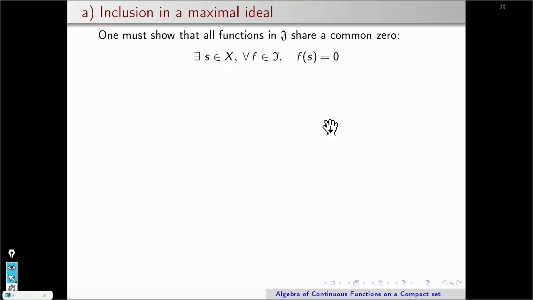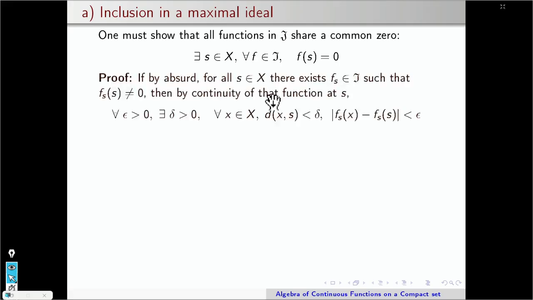So first question, let I be a proper ideal. We need to show that it is included in an ideal of the form I_s. It means there exists a point such that every function in the ideal vanishes at this point. If, by absurd, it is not the case, if for any s you can find a function in the ideal that does not vanish at this point, then by continuity of this function f_s, there exists a neighborhood of the point s,